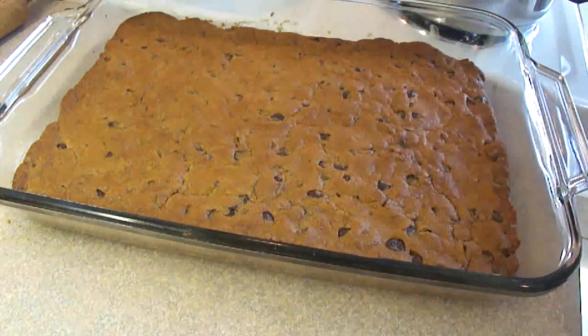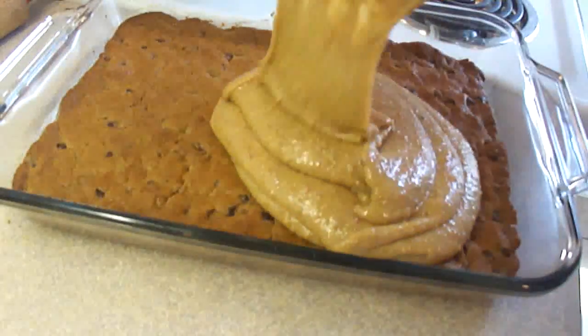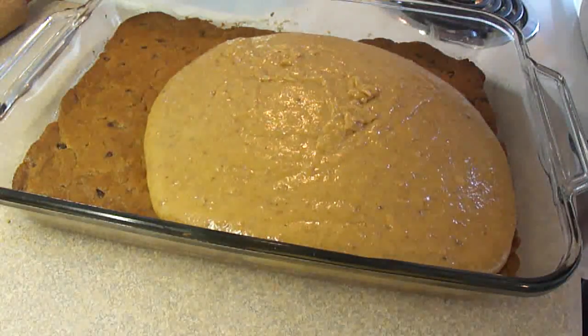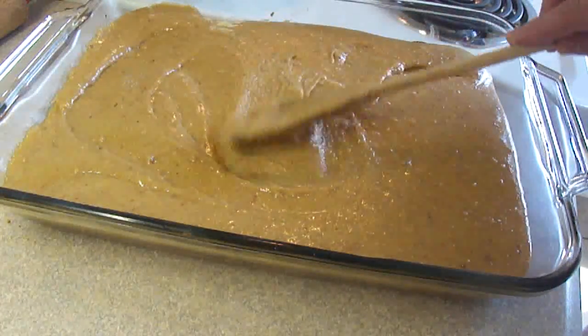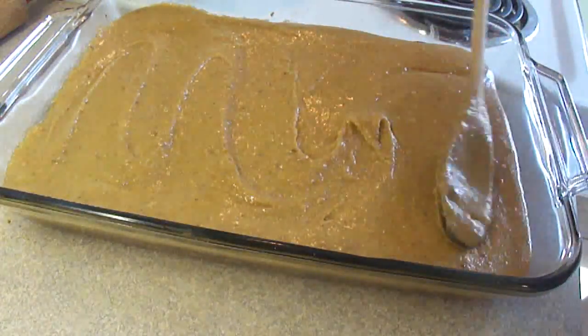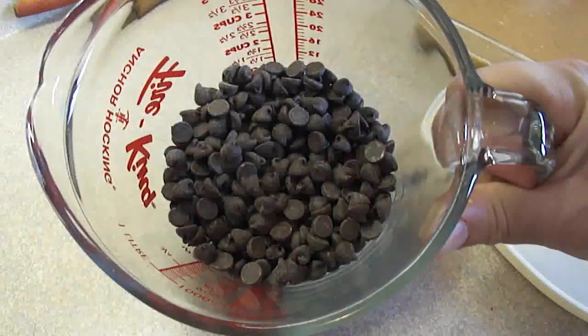There's the bottom crust out of the oven and cooled down quite a bit. I actually baked it a little bit too long, I think. The crust was a bit too dark. It should have been just a light golden brown. Then pour the sugar graham wafer mixture over top, spread it out so it's even, and then melt some chocolate